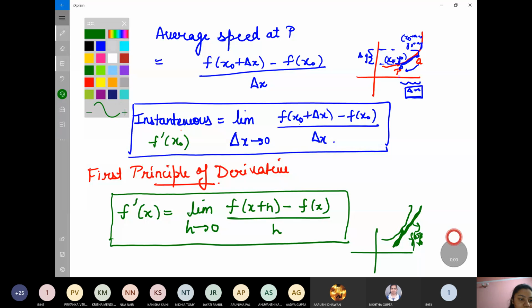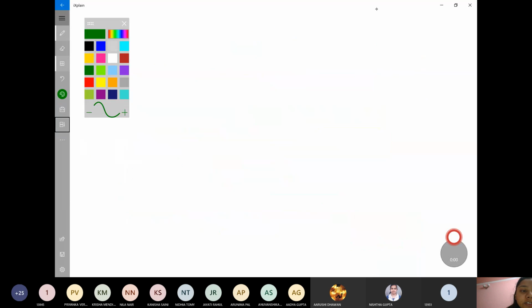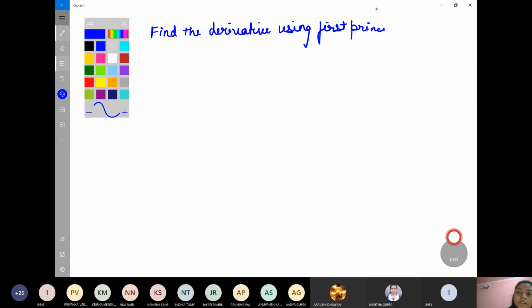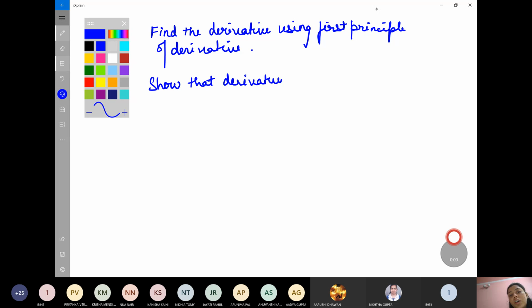Now इसी में मैंने आपको 2 चीजें बताई थी। एक तो होता है वो आपको बोलेंगे find the derivative using first principle। 2 टाइप से क्वेश्चन आते हैं, और या बोलेंगे first principle of derivative, या होगा show that the derivative of the function exists or the function is differentiable।